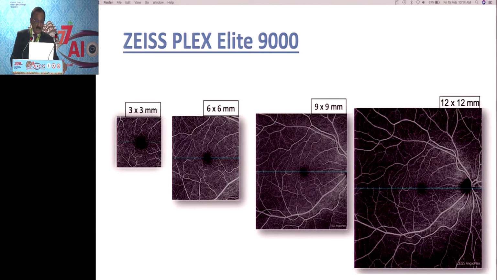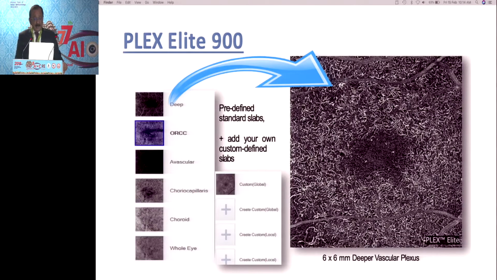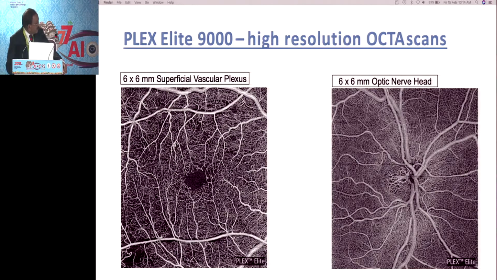But what is very important to see is how you're able to see the 12x12 area with so much clarity. And with the PLEX Elite, you could actually predefine the standard slabs, that is, at which layer you want to cut, and see how the cells are structured either in the deep capillary plexus or in the choriocapillaris. You could make out all the differences. As you can see, how the clarity of these blood vessels are in the superficial capillary plexus, that's in the